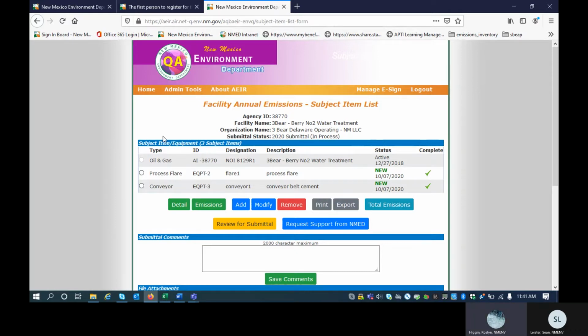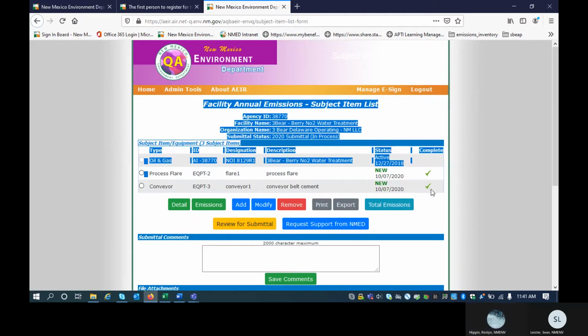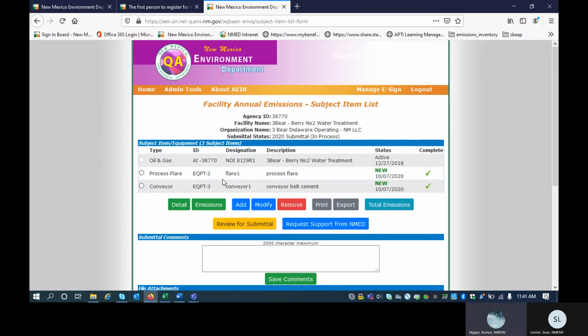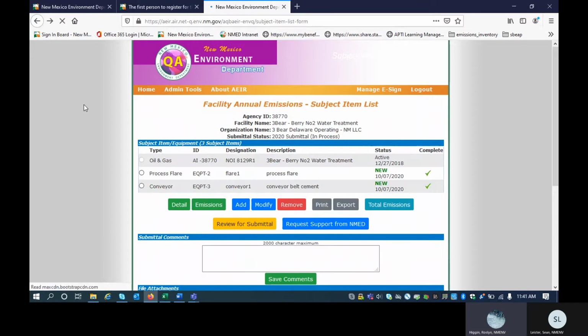So already we have created 2 pieces of equipment, but we're going to create 2 more. So I am going to begin with adding a tank. These 3 buttons, add, modify, and remove, are the 3 buttons that you use for adding a piece of equipment, modifying it, or if you have a problem and you added something incorrectly, you can remove it and start